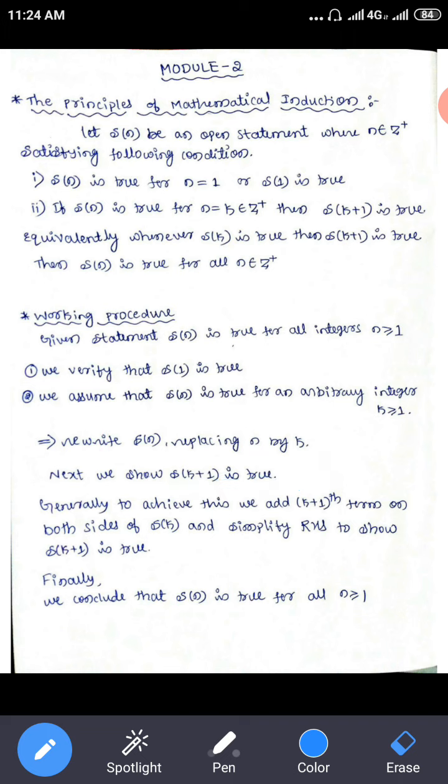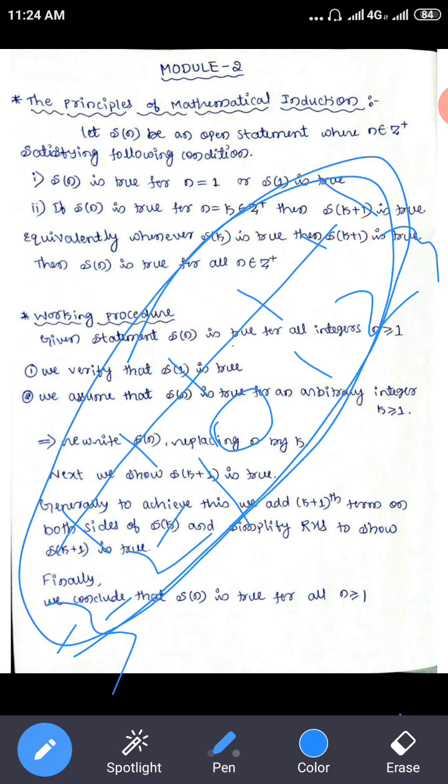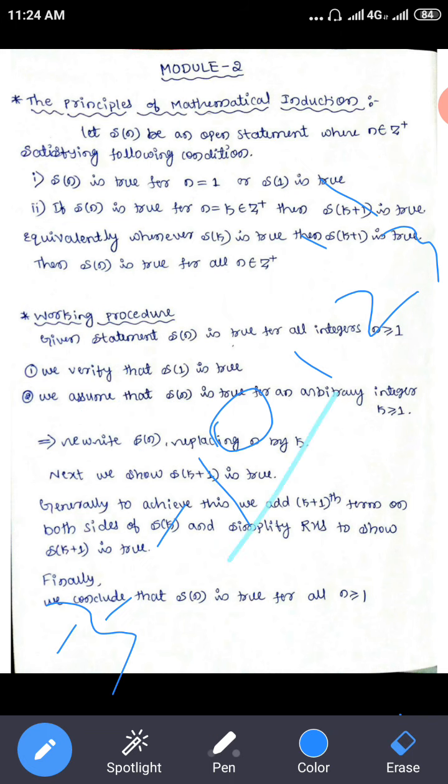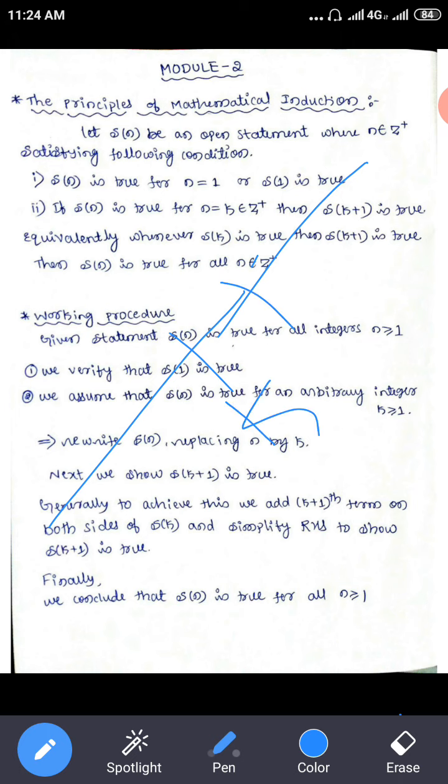See, for example, in the real number system, here 0 is coming, the next number is 1, the next is 2, the next is 3. Here minus 1, minus 2, minus 3, and so on. You know this real number system. So if you are taking k, what is the next term? K plus 1. The next term is k plus 2, k plus 3.